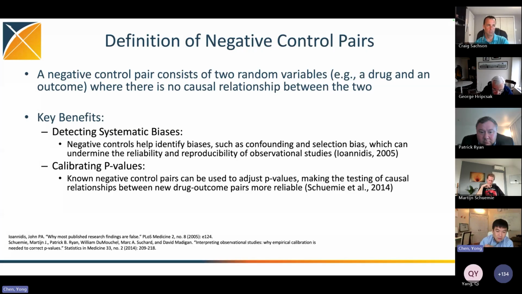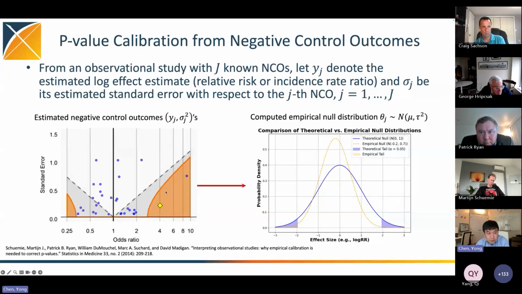The other utility of this, in the paper published by Martijn a few years ago, is the p-value calibration. So basically, we can use negative control pairs to adjust p-values and make the test of the causal relationship more reliable. So the procedure is the following. Typically, in the Odyssey context, we recommend people to consider a few dozen